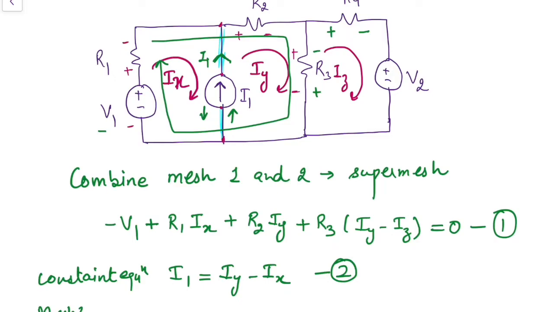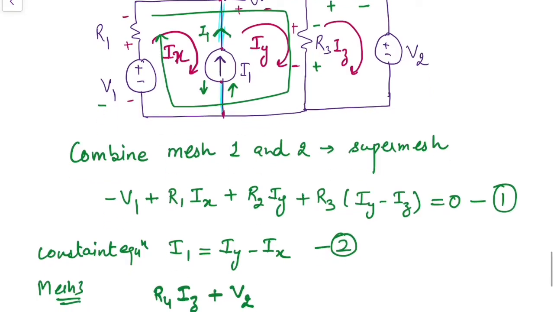3, starting from drop across R4 into Iz plus V2 plus R3 into (Iz minus Iy), that is the resultant current through R3 in direction of Iz. So now we will have these three equations, and using these three equations we can find out three different mesh